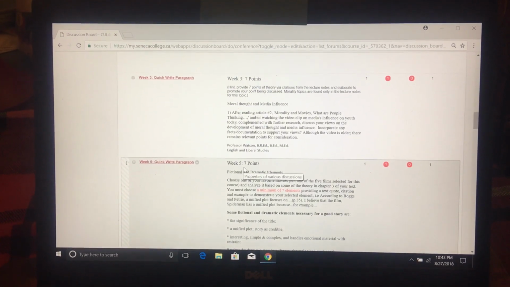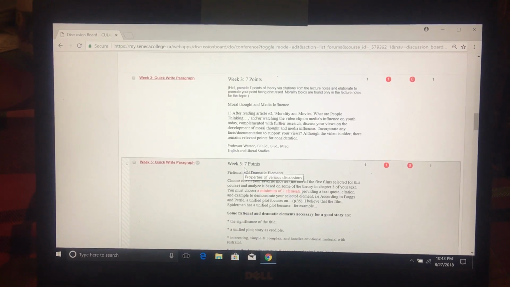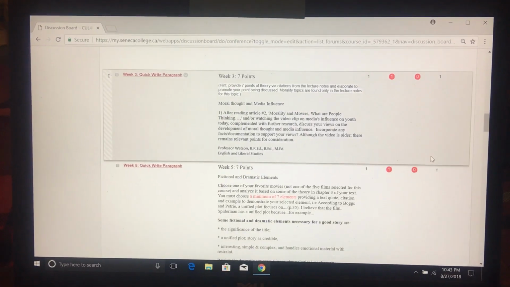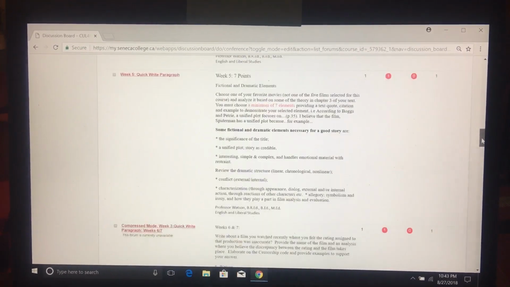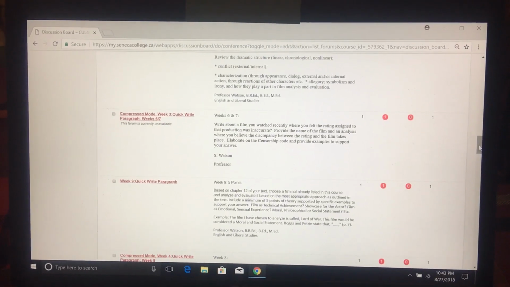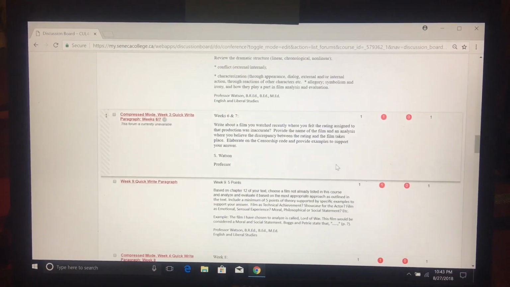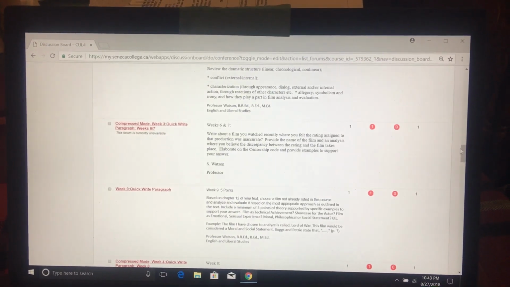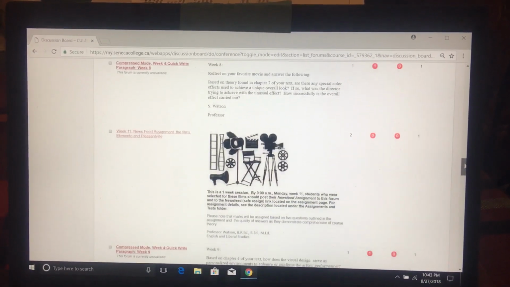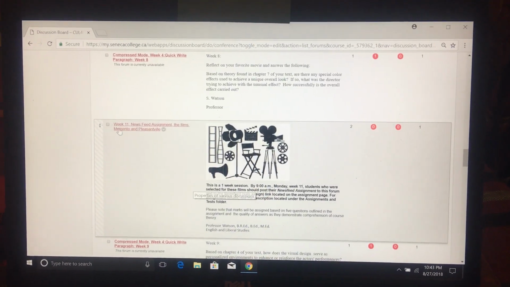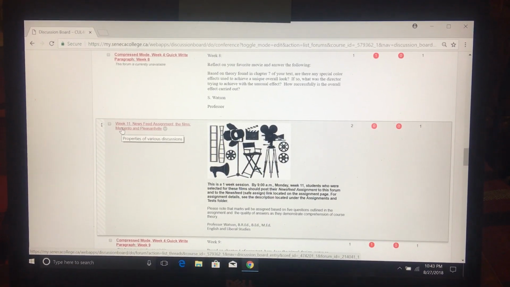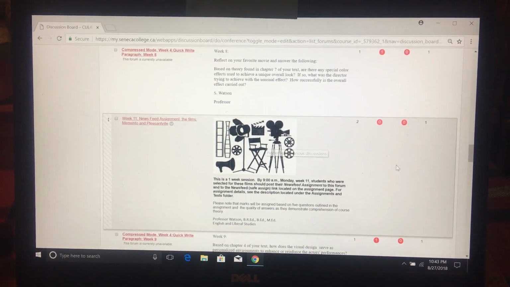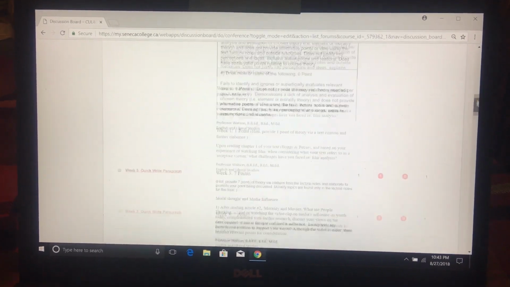That's basically how to earn points in this course. For every point, you have to give me a text reference, a citation, and an example from film to demonstrate your comprehension of the theory being evaluated, analyzed, and expressed. So that's just about it. Those are your quick write paragraphs. Then you scroll further down the discussion board and you're going to see the links for where you put your research papers from your groups, week 11, week 12, and week 13. That's it in a nutshell.